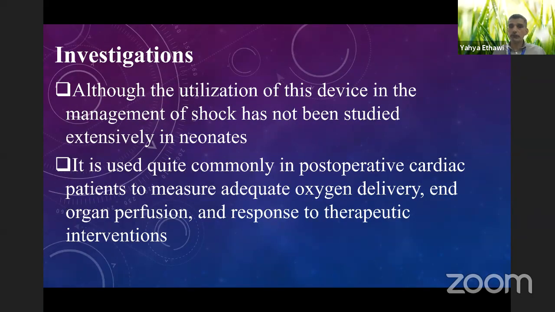Yahya. Yes, sir. Yahya, 5 minutes more to go before we break for questions. I know we are starting. So I'm late, I'm going to pass. We can stop, and then